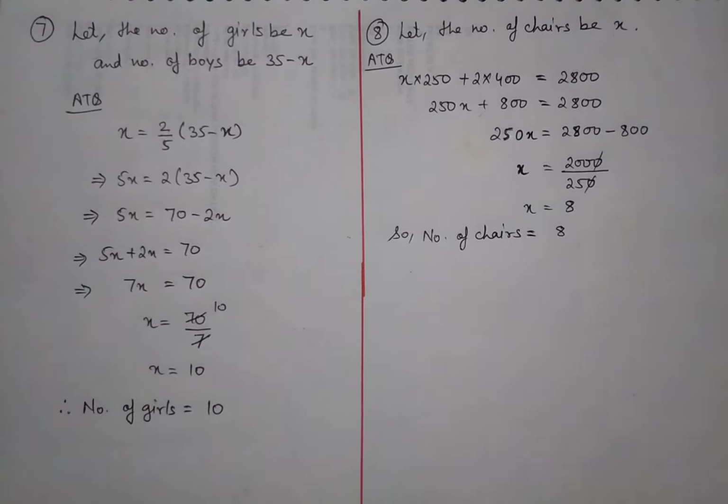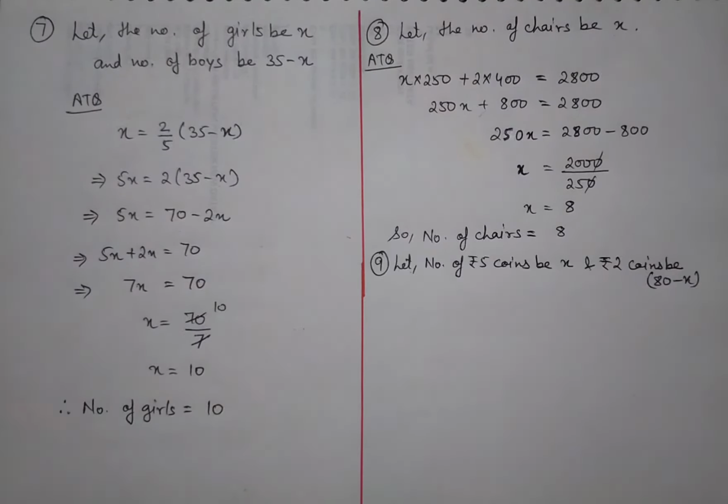Now let's go for question number 10. Here in this question, Hina has only rupees 2 and 5 coins in her purse. If in all she has 80 coins in her purse amounting to rupees 232, find the number of 5 rupees coins. So as she is having 80 coins in all, therefore 5 rupees coins को अगर हम x ले लेते हैं, in that case 2 rupees के coins होंगे 80 minus x.